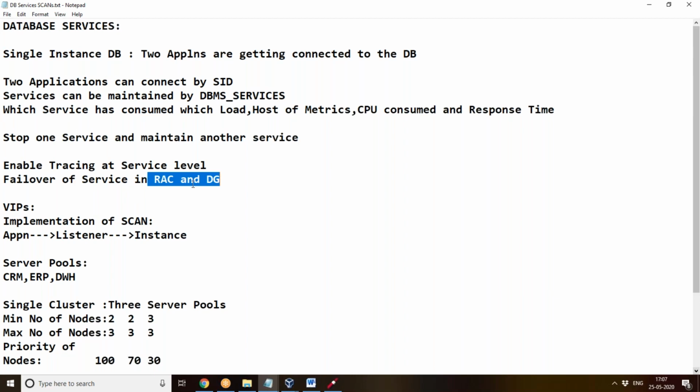The importance of the database services is that while giving the service name inside your tnsnames.ora, normally in Data Guard, in physical standby databases, we give this service name. For RAC also, if you give the service name, it's better, as we can administer it very efficiently. Fine. So that is the use of database services. Okay. Next we'll see about SCANs and all in the next class.